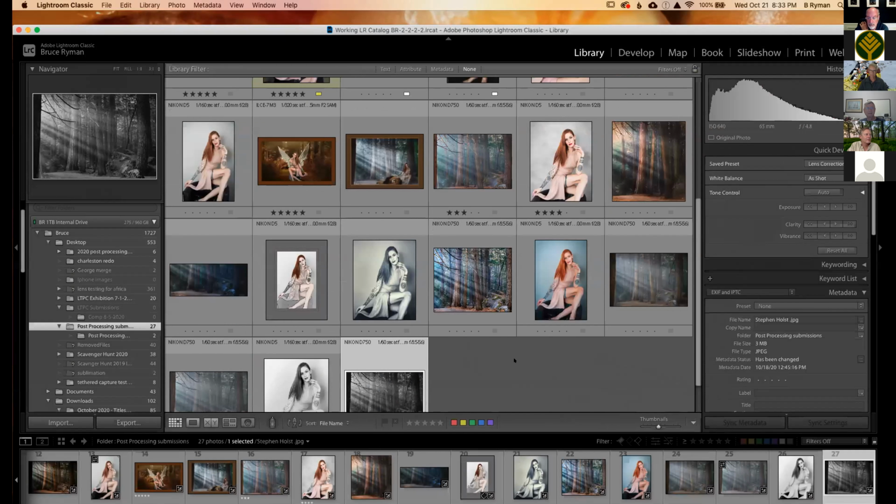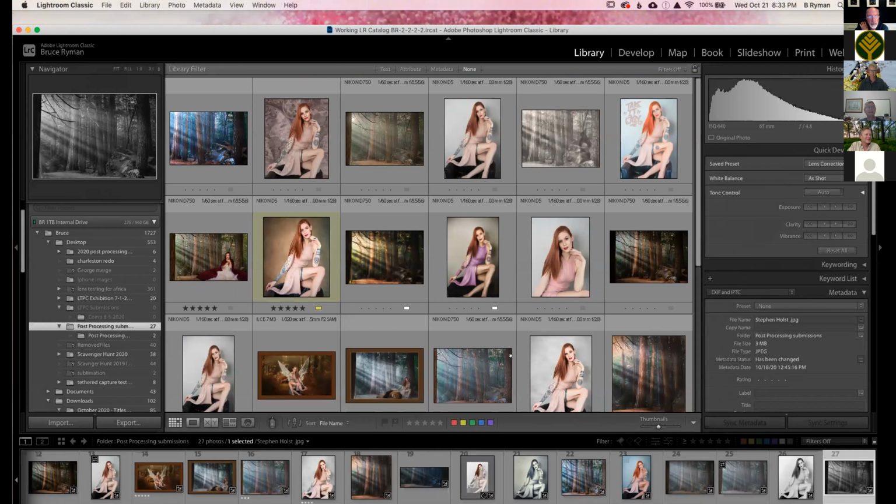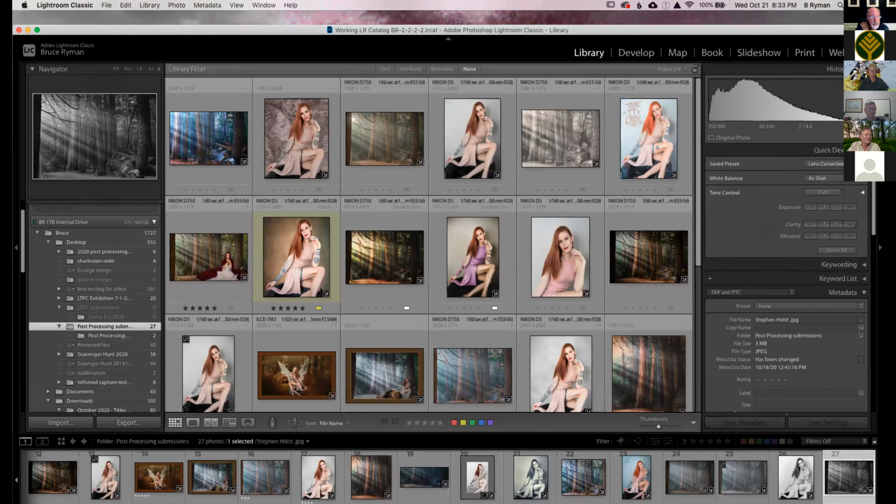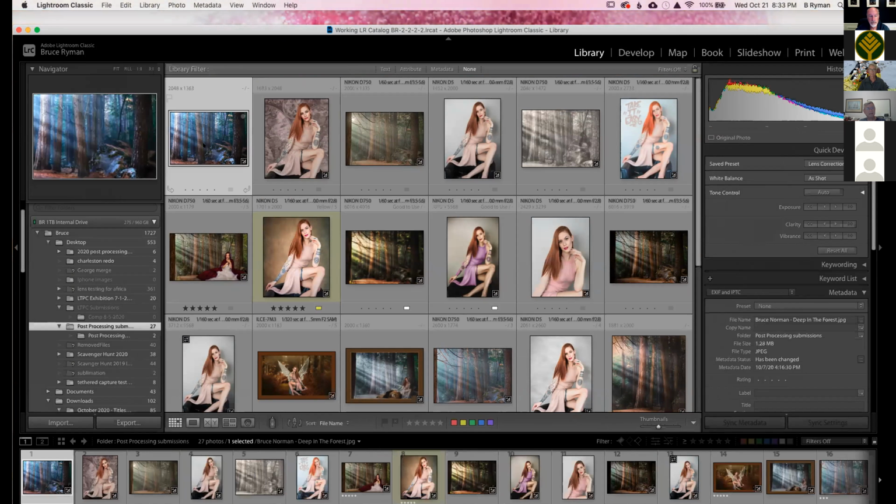It was really fun to see all the variations on all of these photos. I think it was a fun kind of challenge for people. So I'll go through them one more time. Anybody can look at them, and then we'll call it a night. I'm going to start here, and then we'll just do a quick slideshow.